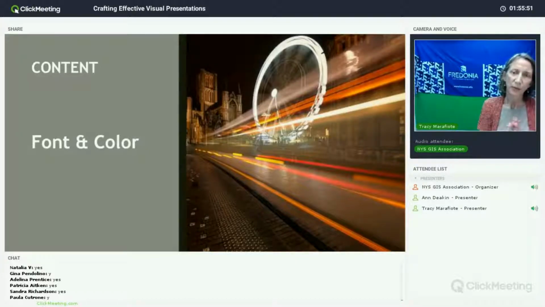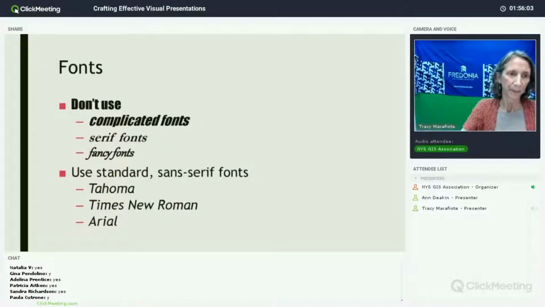So real quickly, with typography, you want to make sure that we're looking for legibility over fun. We can use creative fonts like in the slide titles, but avoid using them in the text body. So we're going to stick to clean, traditional typefaces. For instance, you want to avoid serif fonts, and these are things like Times New Roman.